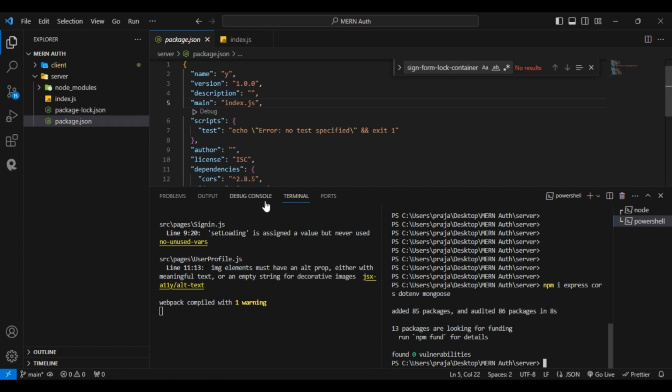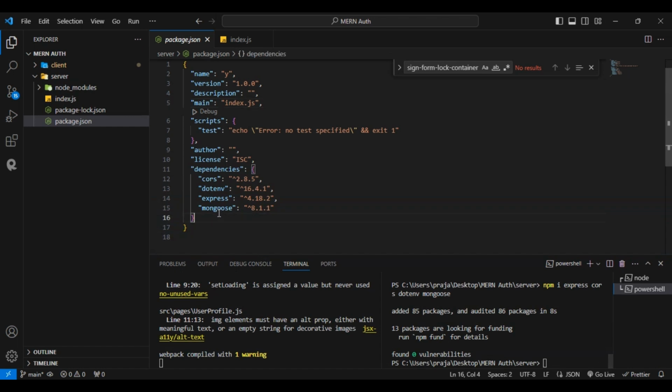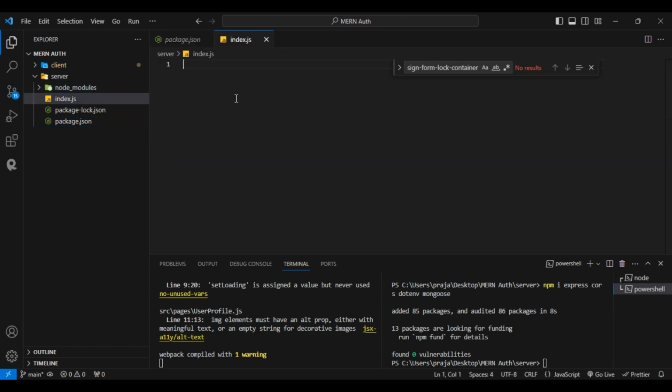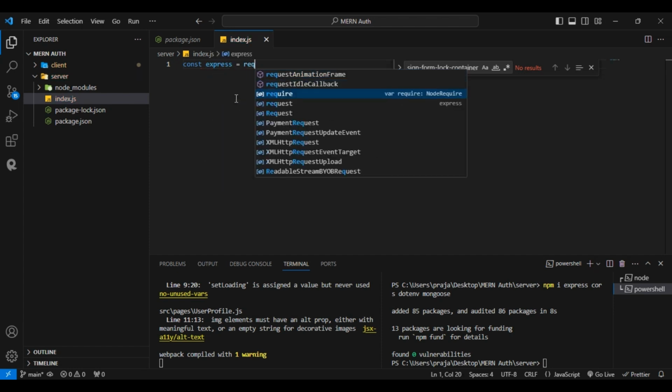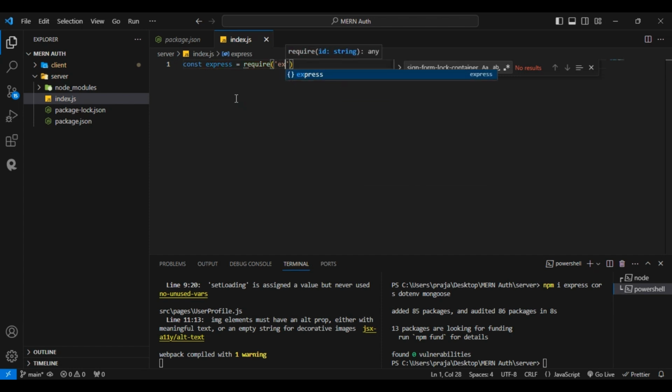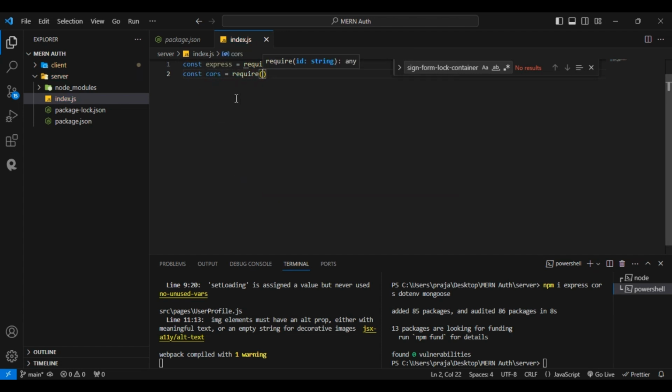Now see, all of this is created: cors, dotenv, express, mongoose. After that, go here and write const express = require express, and const cors = require cors,